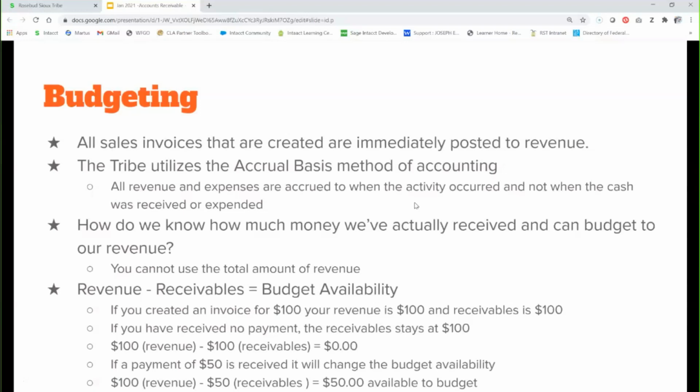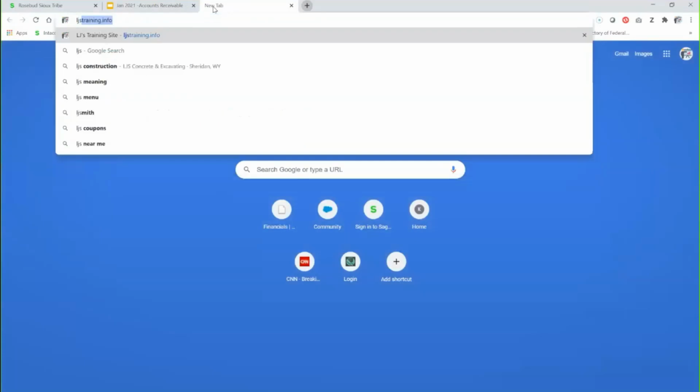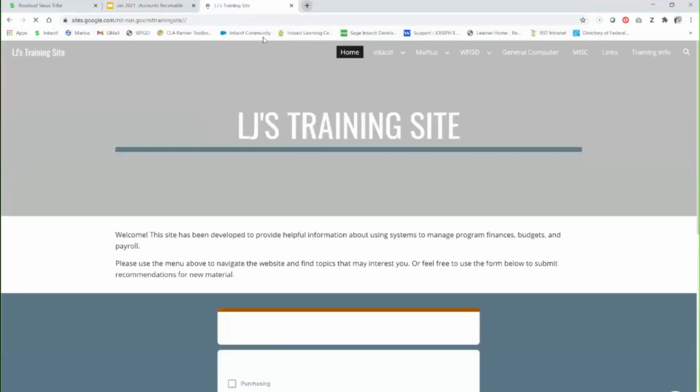So this is our budgeting system in a really condensed nutshell. There's a lot more to it. Today I'm just going over receiving a payment, not so much creating the invoices and some of the other aspects of this. So if we don't have any more questions,